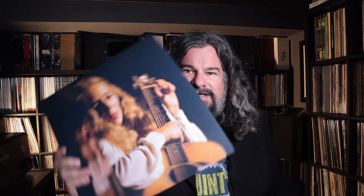The box is just a regular sort of ye old box, not super thick, containing 4 records. These 4 records are presented, as always, in these sort of paper inners, but inside, look at that, so good. So, yes, you have printed inners, but inside the printed inners, you have polyline sleeves. So, even though that's going to be replaced by my Vinyl Me Please 3mm inners, fact of the matter is